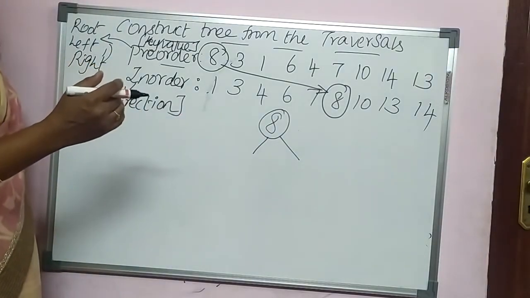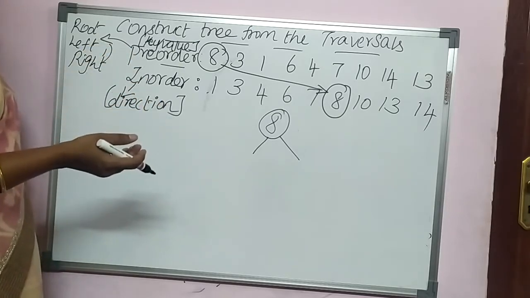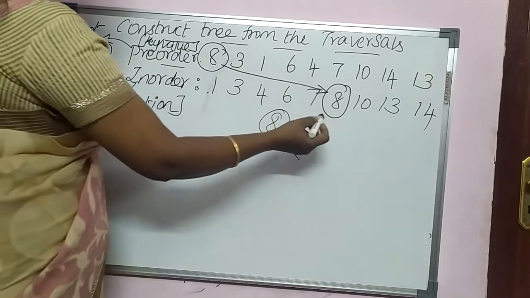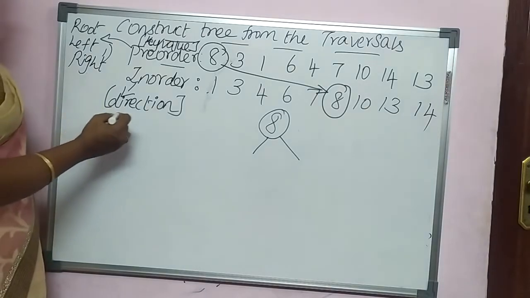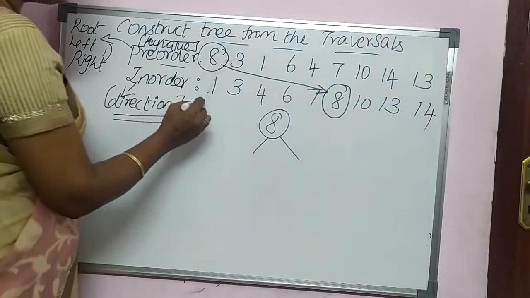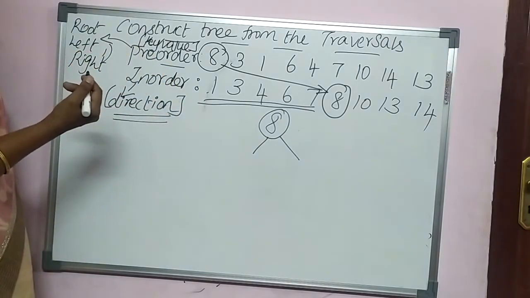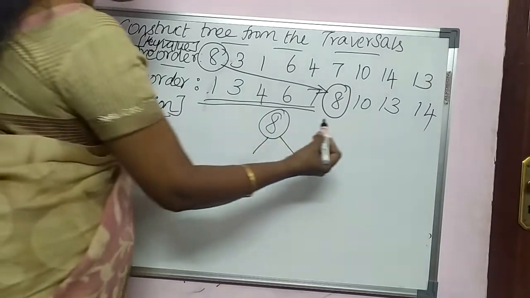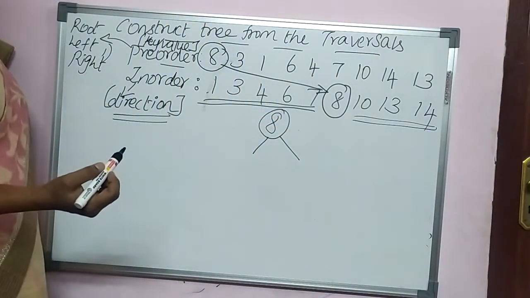As it is a binary search tree, even a skew tree is possible. It may grow either in the left direction or in the right direction, even that is possible. So here we'll see. As we already found 8, and as I already denoted, in-order gives you the direction. So all these elements, whatever I have towards the left of 8, I have to place in the left direction. And whatever elements I have on the right, all these elements I have to place on the right.